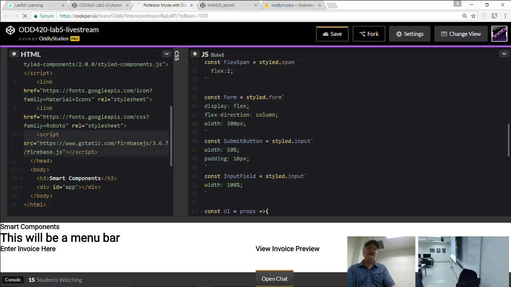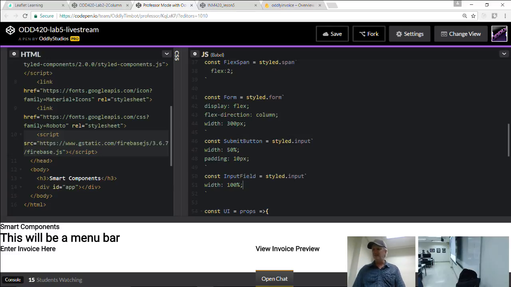I'm setting it 100% wide because my form, I'm already restricting its width to 300 pixels. So basically, my input field is going to come out to 300 pixels, minus any padding, margin type of stuff like that. Okay, I mean, this is probably enough to get started with our form here.